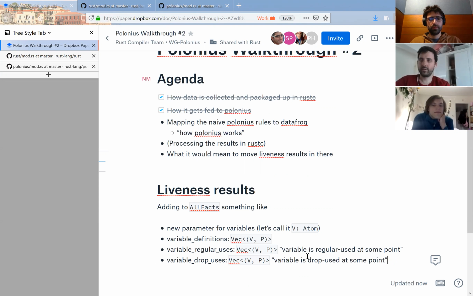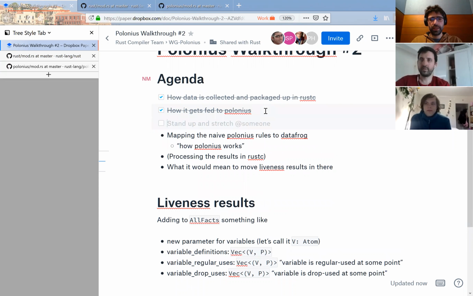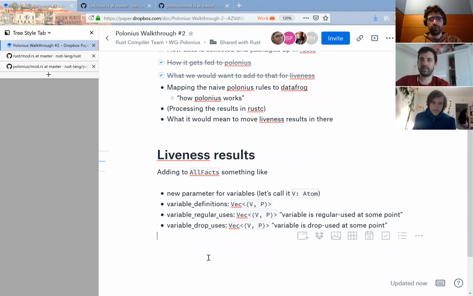So okay, good. Let's jump. Now we kind of covered these two points, and I guess we covered a little more of what we would want to add to that for liveness. So what about this mapping? If we were going to do liveness computation,